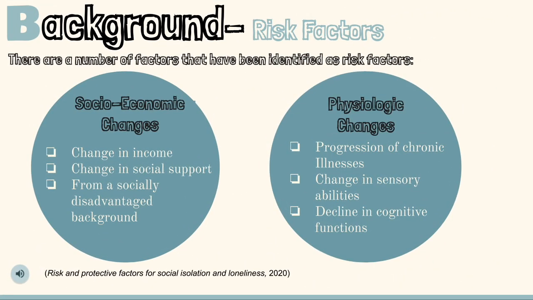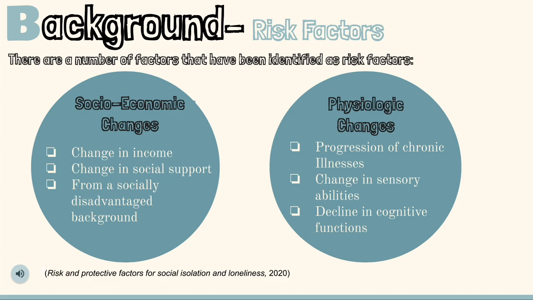There are a number of risk factors that need to be considered when discussing social isolation of the aging adult. Largely, these risk factors can be divided into two categories: physiologic and socioeconomic. The physiologic factors are made up of physiologic changes. This could include diminishing vision, hearing, or the progression of disease processes such as heart disease, COPD, arthritis, dementia, or other limiting disease processes. Diminished senses such as hearing and vision limit the older adult's ability to communicate with those around them,